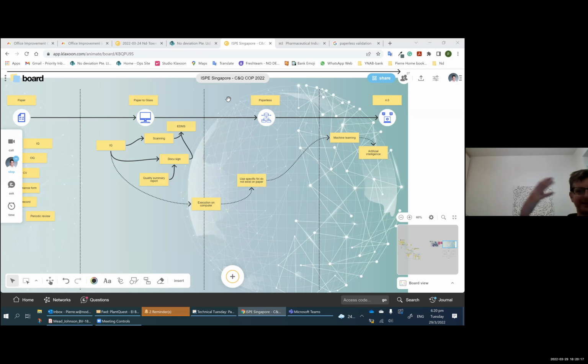Because again, when you go through all the risk management and things like that, we can detect something went wrong, right? It's part of our quality risk management. So we identify there is a risk and the likelihood of that risk happening. So you have an alert. And most of the time, we don't know what to do when there is an alert, because that didn't happen very often, right? And we don't want it to happen very often. So that's why it's also good to have all those digital forms to call someone who knows how you should react when those kinds of things happen, right? And can guide you through.